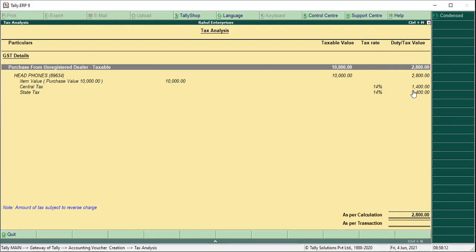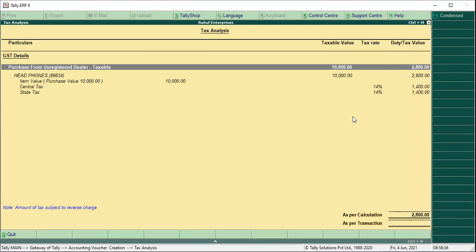Now this tax of 2800 has to be paid by Mahesh Traders, the purchaser, because Mahesh Traders is a registered dealer. He has to pay tax on behalf of the unregistered dealer, and that is called reverse charge mechanism, RCM.